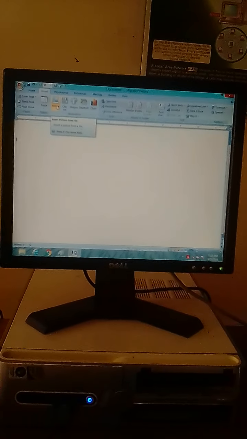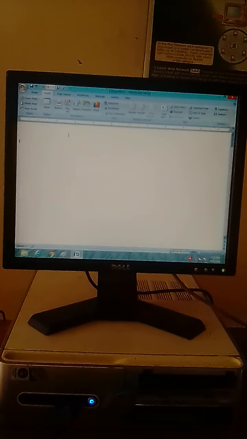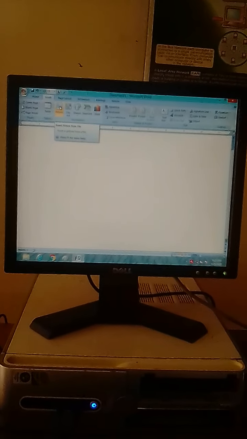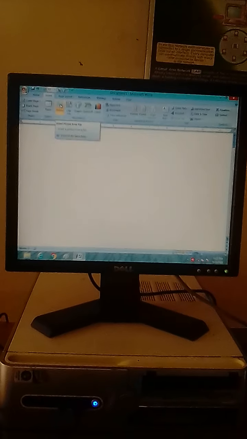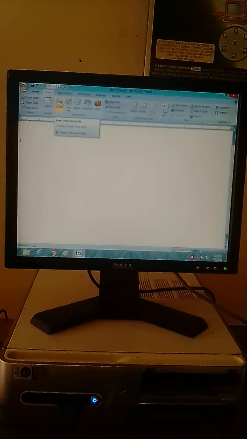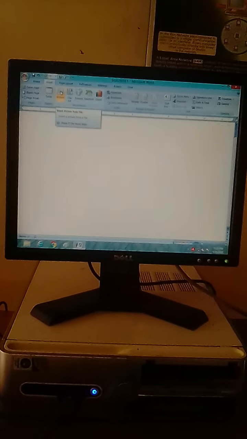To insert a picture we will click on the Picture feature that is present in the Insert tab. So here, dear students, we will click on Picture.